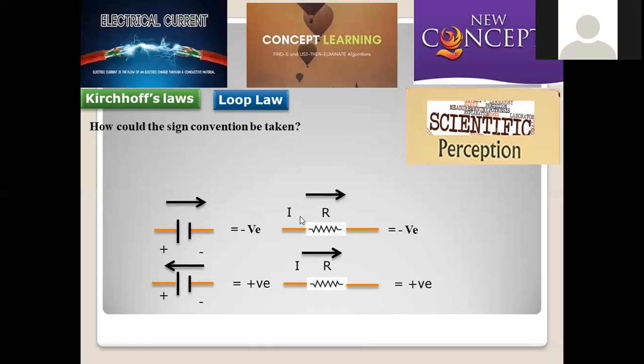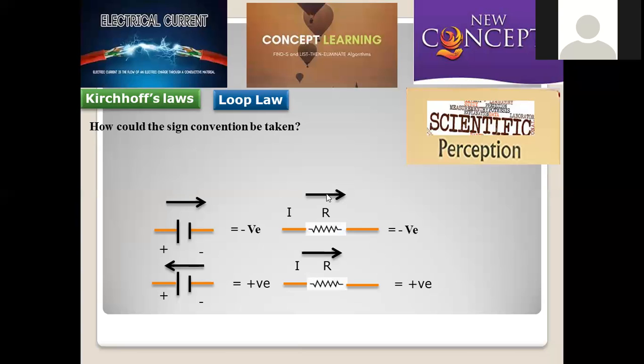Resistance and battery which are having the same kind of motion, a negative sign is assigned and a negative sign is assigned in both the cases. Whereas if the battery convention is provided in the opposite direction when compared to the resistor, the resistor is moving in a negative direction but the battery is moving in a positive direction, here the sign convention is provided as a positive and a positive for this one.